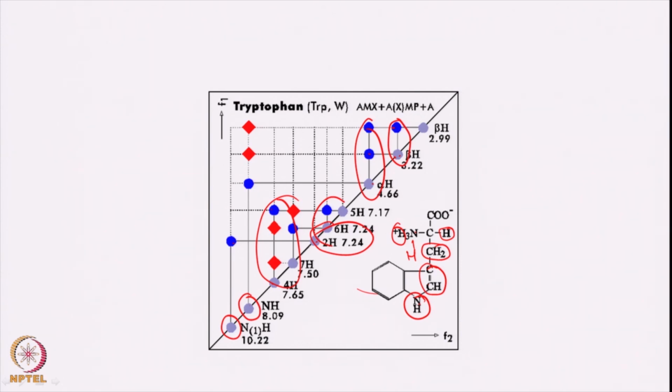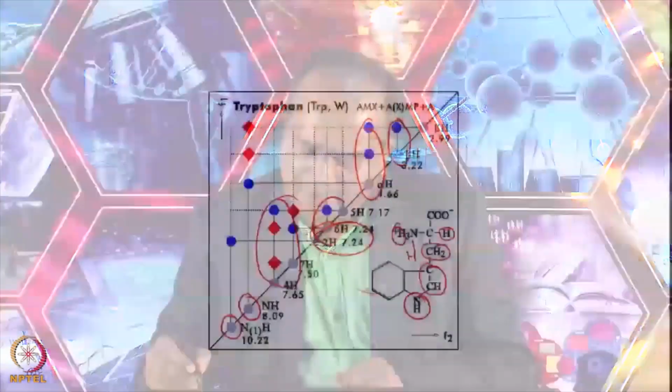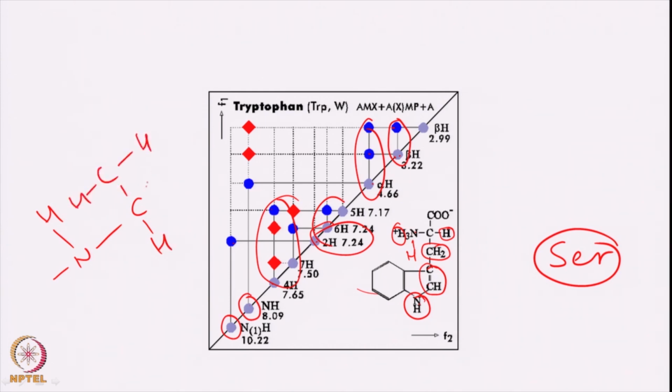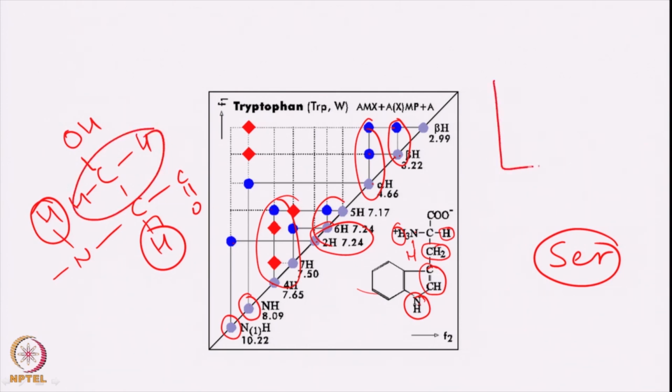Okay. So, that assignment you are doing, and then we are getting the amino acid type assignment for each of these. Just to make it more comfortable, let us take another amino acid, say serine. So, what serine is? I will just write serine in a peptide bond, CH, CO and say OH. Okay. So, now we have one here and one here. Okay. So, let us see how it comes,